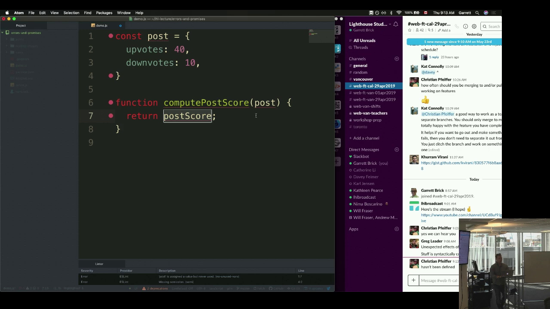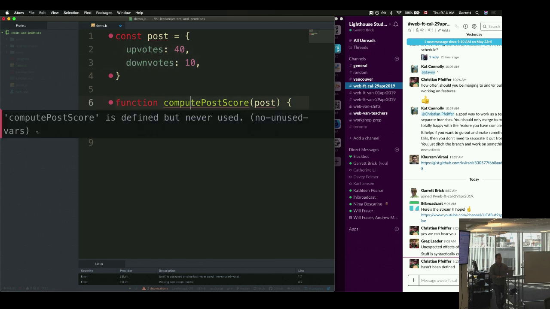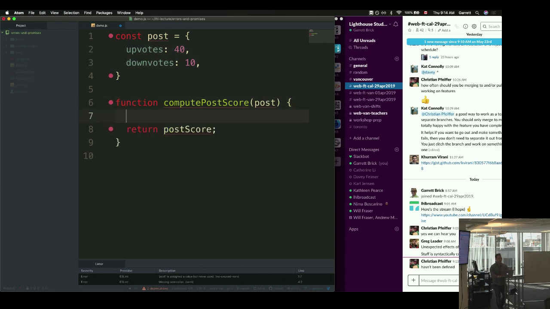You get the difference between these two properties, right? Yeah. So you can get those two properties from the post that we're passing into the function. Christina says post score hasn't been defined. That's correct. We're going to write the code in the middle here that defines it so that we're returning the